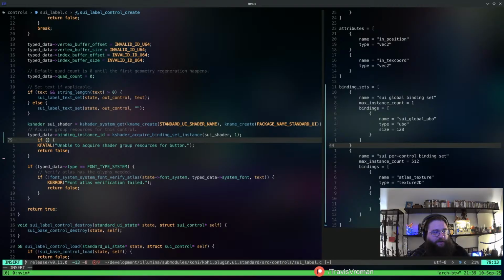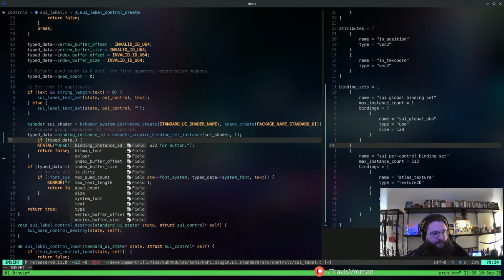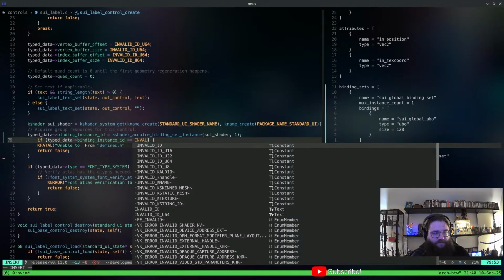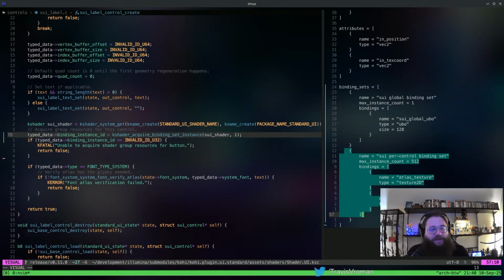And then we'll say if typed data binding instance ID equals, let's see, what was the return type of this? U32, okay. So invalid ID U32, right? So we'll get that. Binding index 1 or binding set 1 is going to be this one. That's the one we're going to want to use.